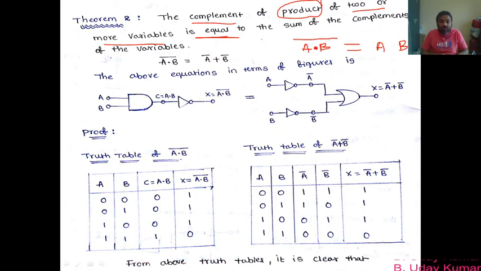Now what is the right hand side, what you have to prove? It is equal to the sum of the complements of the variables, not just the sum of variables. If it were the sum of variables, A plus B would be sufficient, but what is written in the statement is the sum of the complements of the variables. So what are the variables? A and B, and the sum of the complements of variables means A bar plus B bar. So this is what you have to understand. I hope it is clear.